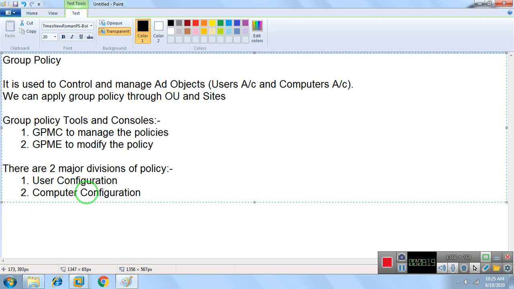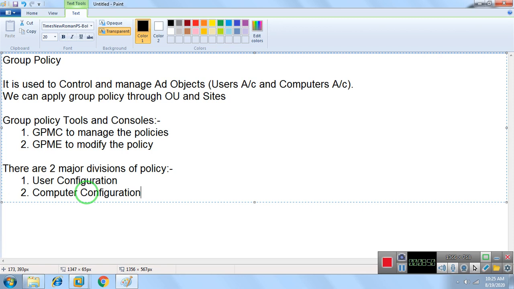So there are two major divisions of policies, two types of policy settings: user configuration and computer configuration. If I need to apply the policies on users, we can use user configuration. If I need to apply the policies on computers, we can use computer configuration. Remember these things.